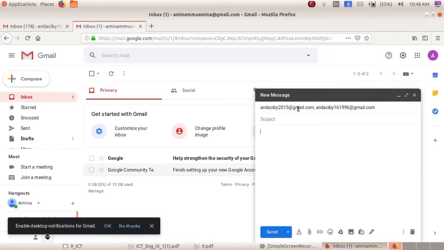See, here I have typed two email addresses. You can send to two people, 15 people, 100 people, etc.